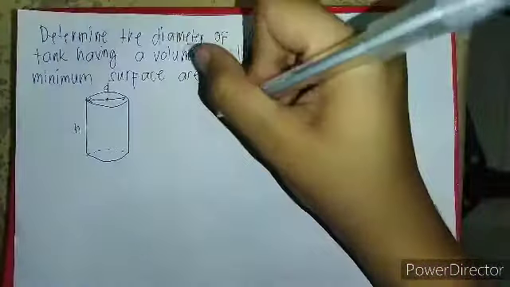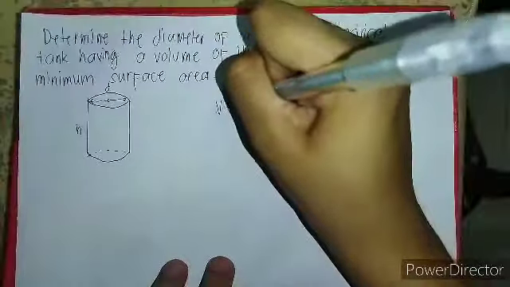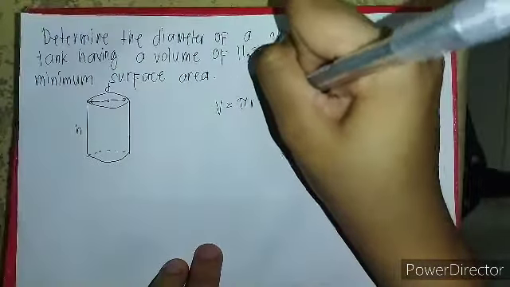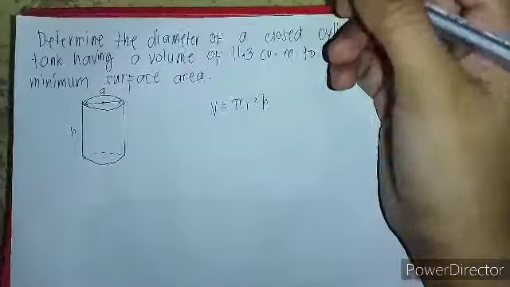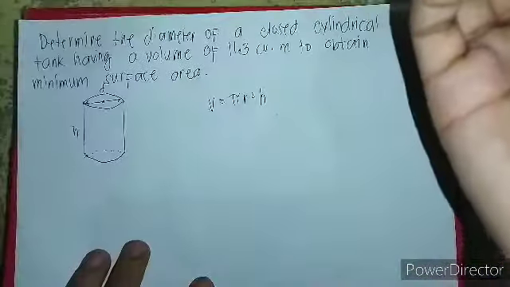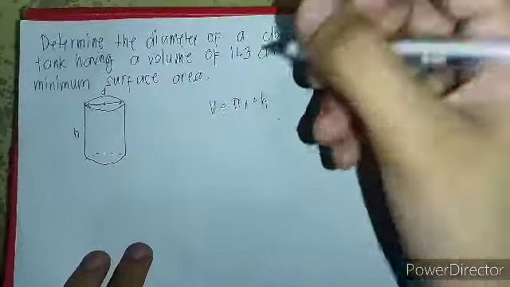We note that the volume is equal to pi r squared times height, and since we need to find the diameter,